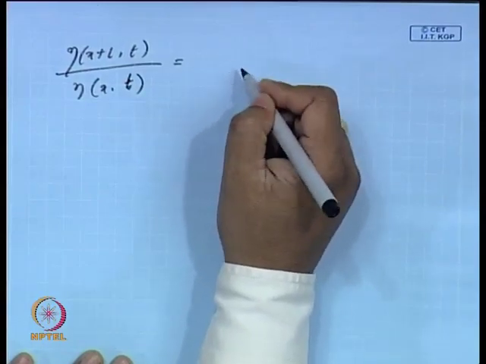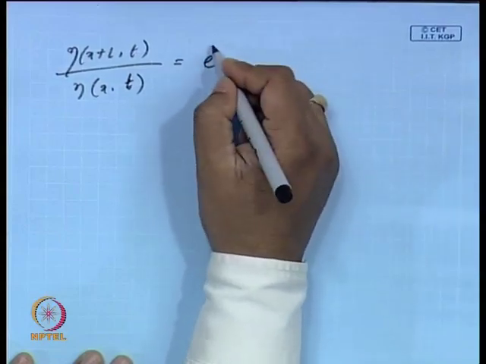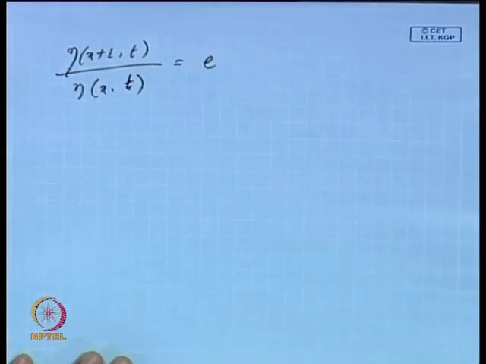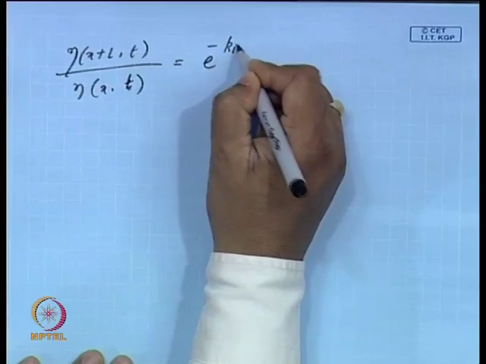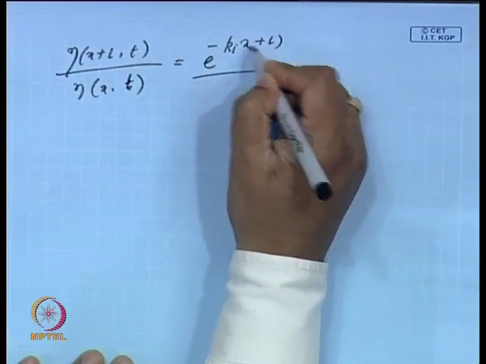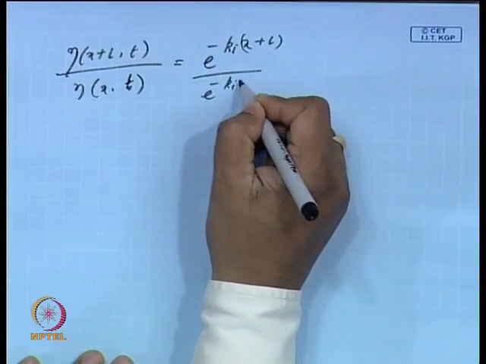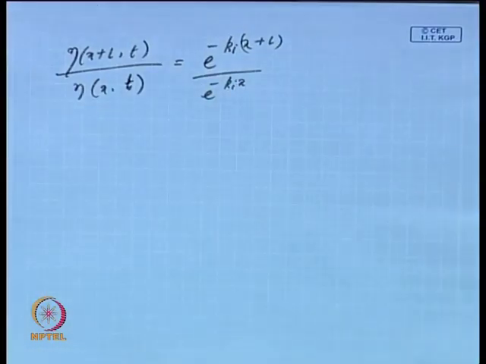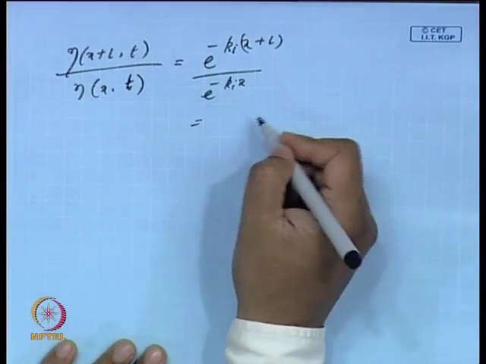If I substitute, the h by 2 will get cancelled, that will cause k_r x, because k_r x is 1 plus a by omega, that will not change over one period. So only one factor will change: e to the minus k_i (x plus L) divided by e to the minus k_i x. The second term will contribute 1, that will not contribute. So this will give me e to the power